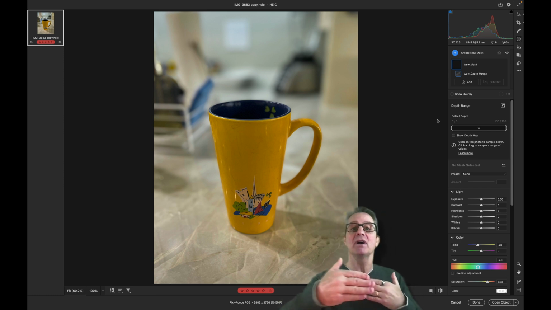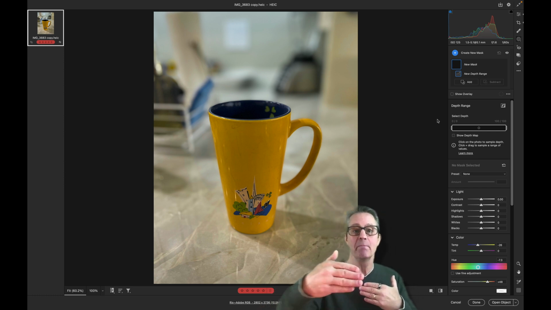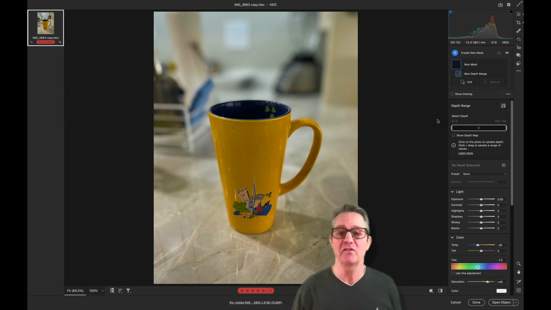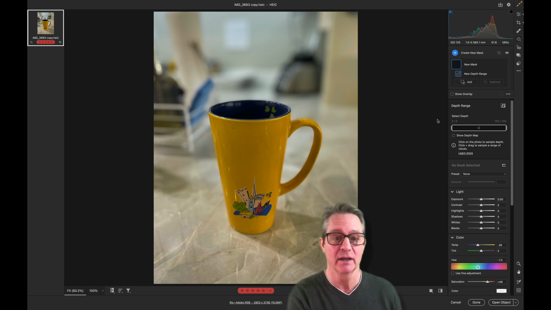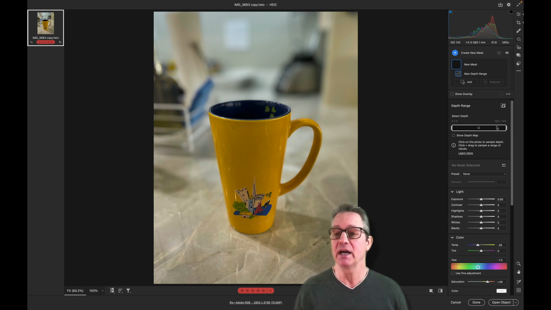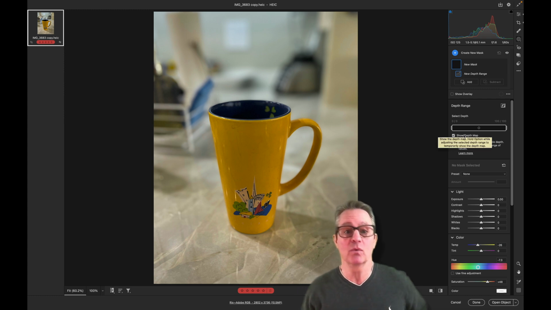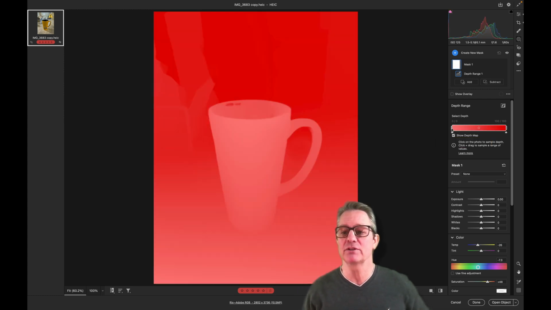It's a depth of field mask. It's so rare, but it is still wonderful. And so really just put your pencil down and stare. I've got a depth map. I've got a big box. Right now it says you've got the entire depth of field in this photo at your disposal. If I click show depth map, here we go. Right now I've got everything, but I'm going to start to